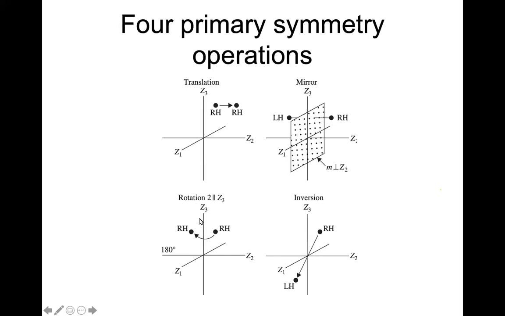Then we do a rotation. For example, you have the point here and you do two-fold rotation. That means 360 degrees divided by the angle you rotate. So if you rotate by 180 degrees, then what we call is 2, 360 divided by 180 gives the number 2. So we call it two-fold rotation. When you do two-fold rotation, this will come here. And then we say that this has two-fold rotation.